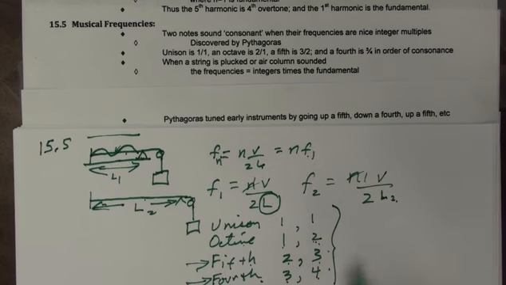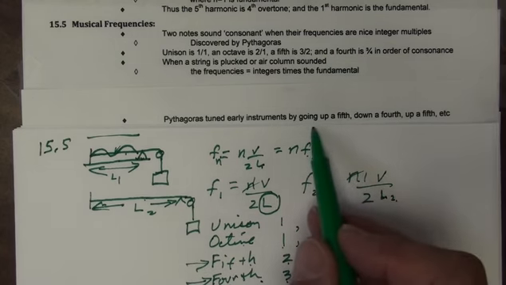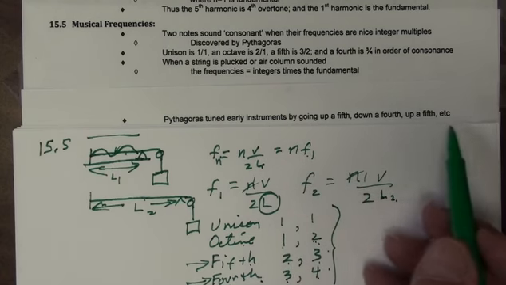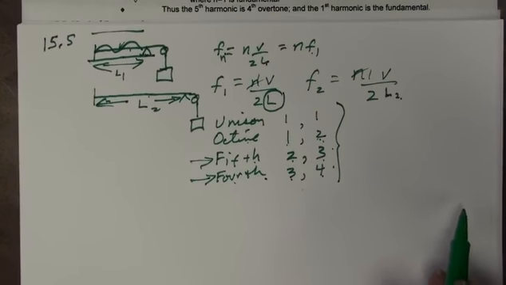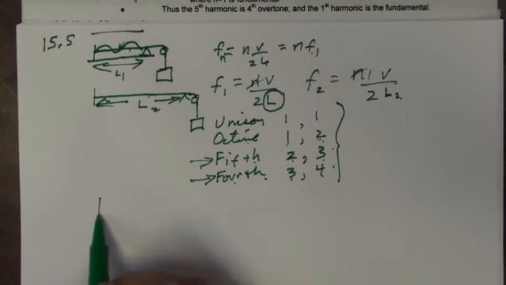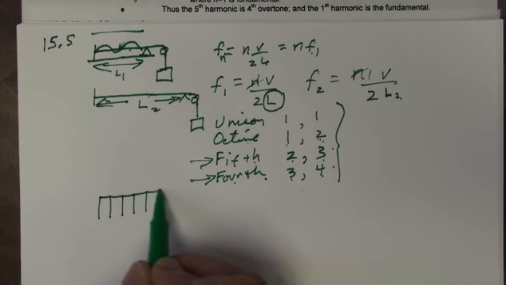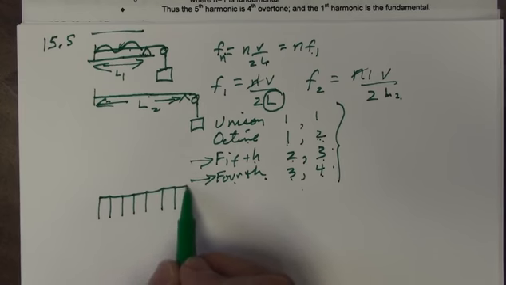So Pythagoras taught us how to tune an early instrument. And if you are familiar with the piano scale, what we're going to do is go up a fifth and down a fourth and up a fifth and down a fourth. And so you kind of have to know this by having a very good musical sense. But if you imagine the notes on a piano,